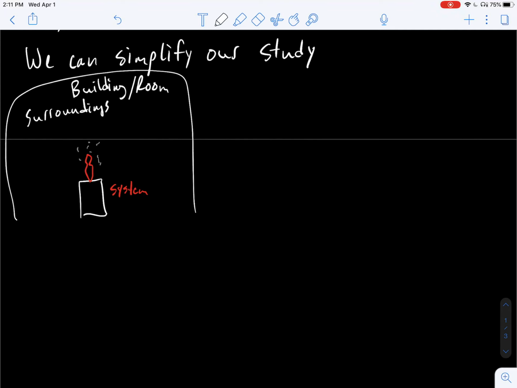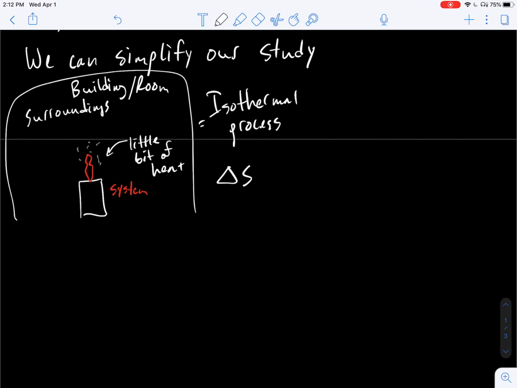Basically, this little bit of heat doesn't really affect the temperature of the surroundings. What we call this is an isothermal process. So in an isothermal process, there's no temperature change in the surroundings. It's not like this is insulated by a container, but considering this room or this building is really big compared to this reaction, typically everyday reactions, the ones we're going to deal with in chemistry, most of them are isothermal processes. So for an isothermal process, we can basically equate the delta S of the surroundings